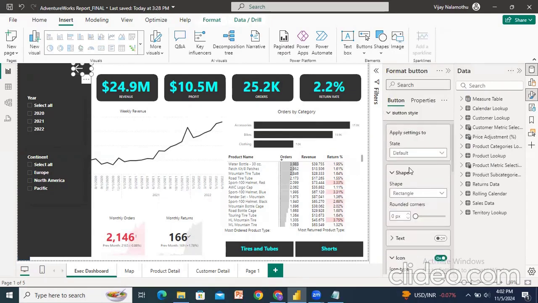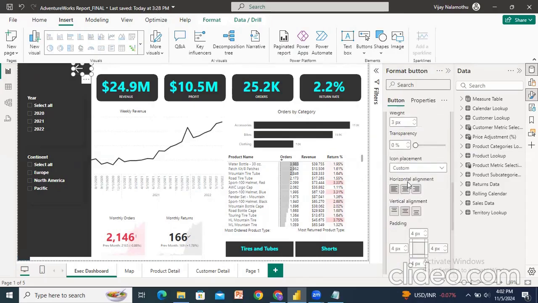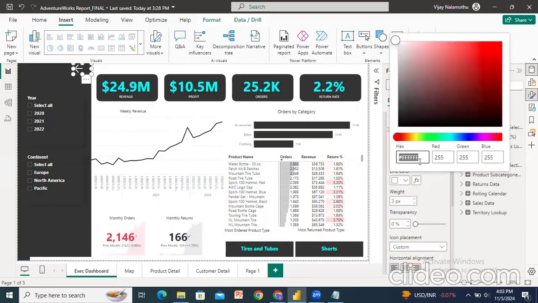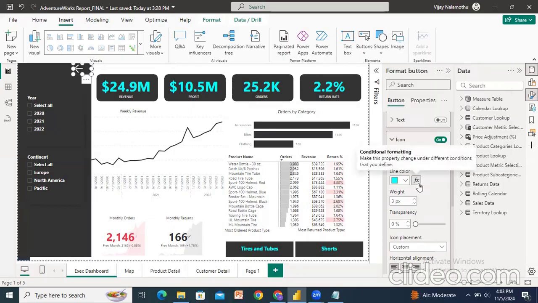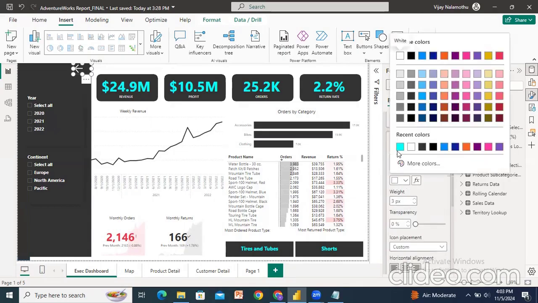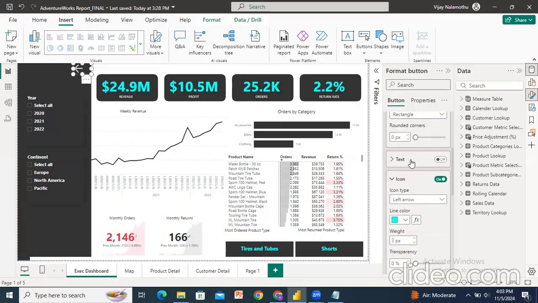Next, apply the settings to on hover. Similarly, we'll take the line color as some blue color, 10FF, this color. Next, apply the settings to on press. Same color I will consider. Next I will select